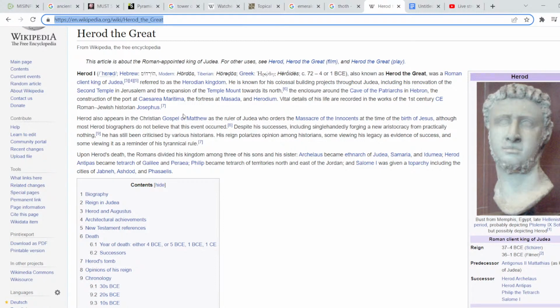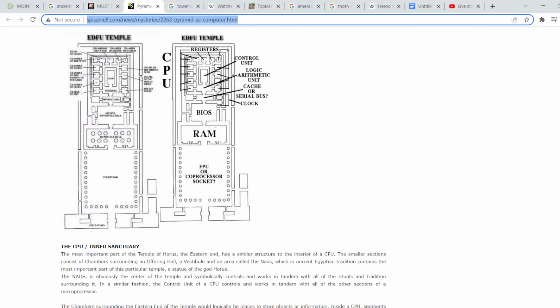All of that is a totally different video we can go over. But he definitely had a lot to do with the second temple and all kinds of other colossal structures, that's for sure. These temples communicated, and they do admit that. They were using these to communicate, and I think it was more than just in their head and imagination and throwing up some incense. I think there was something going on.